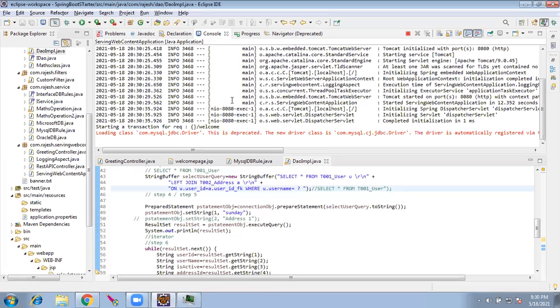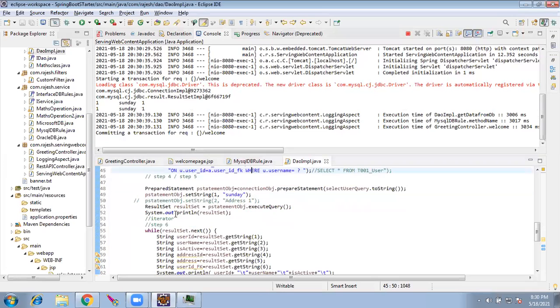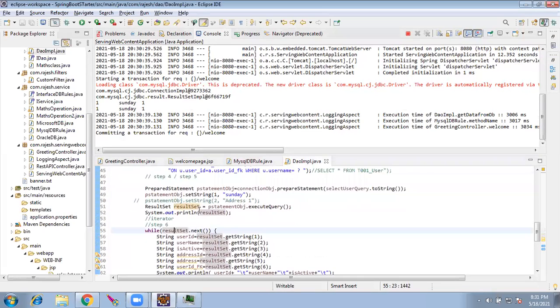If I go and hit again, okay, we got it here. So yesterday we saw that in the main program it was working fine. Now we have integrated this in the Spring Boot, and the data has come up. So now the data has come up in the DAO, result set, we are iterating. Any questions so far?